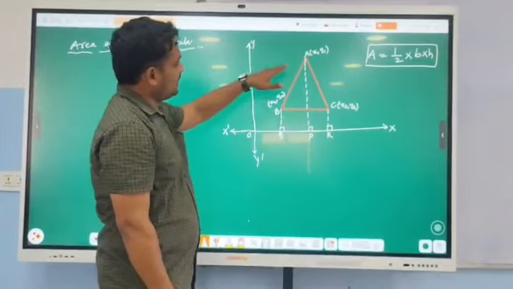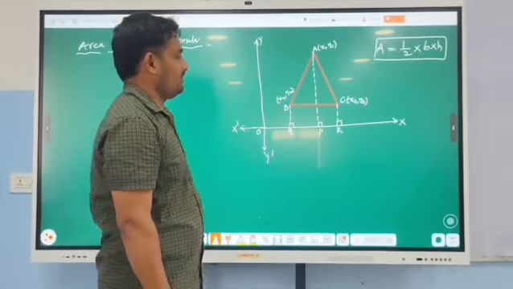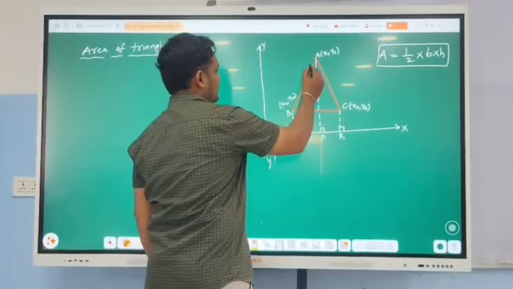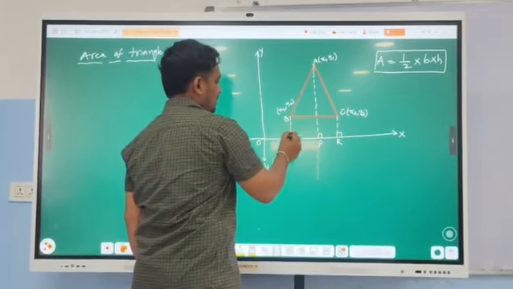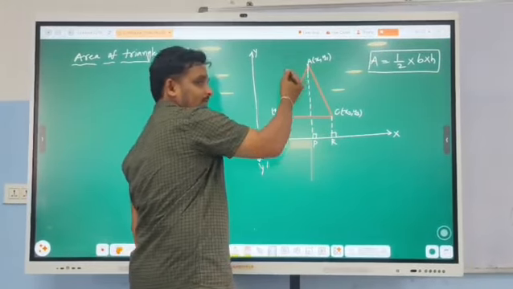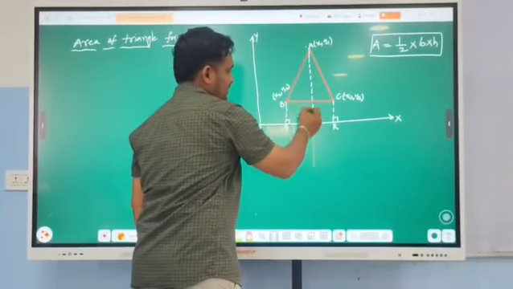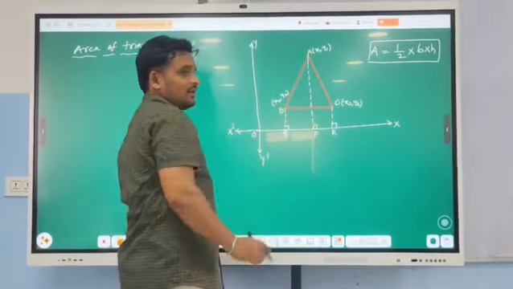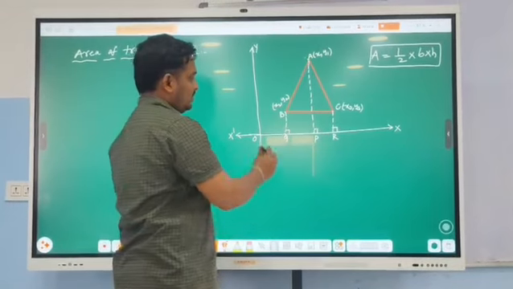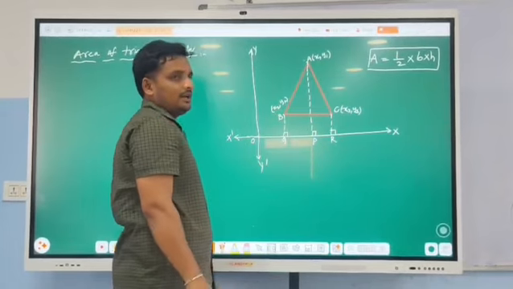So for finding the area of a triangle, we have to observe the figure carefully. If you observe clearly, you can see ABQP. If you observe this shape, this looks like a trapezium. The same way ACPR, you can see this figure, this also looks like a trapezium. And the bottom one, BCQR, this also looks like a trapezium.